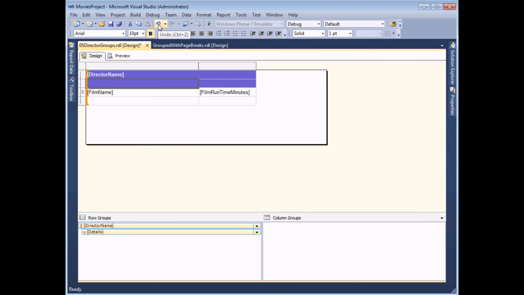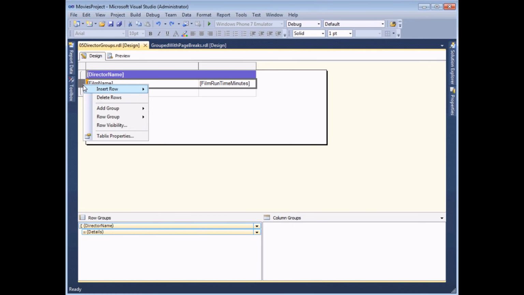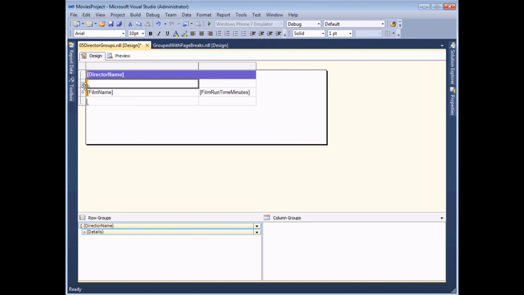I'm just going to undo that temporarily and show you what would happen if I inserted a row above next to the film name. Notice these detail symbols, the dash dash dash next to the film name row. If I right click on that row and choose to insert a row, I've got 2 ways to insert a row above. I can either do it inside the group or outside the group. Now it's the context of the word group that's important here. Because I've right-clicked on a details row, the context of a group is the details. If I choose to insert a row inside the group, then what I end up with is an extra details